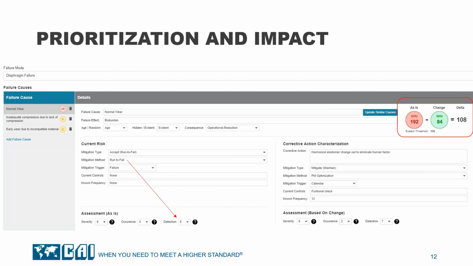In this case, we could take all of our RPN scores for the system and add them up, and maybe they would come out to say 50,000 for all of our RPN scores. I can now take the output from this exercise and say, I want to reduce my score by 10% or 5,000 points, so I can order my impacts by delta or by original RPN and start checking off the box as I implement solutions.